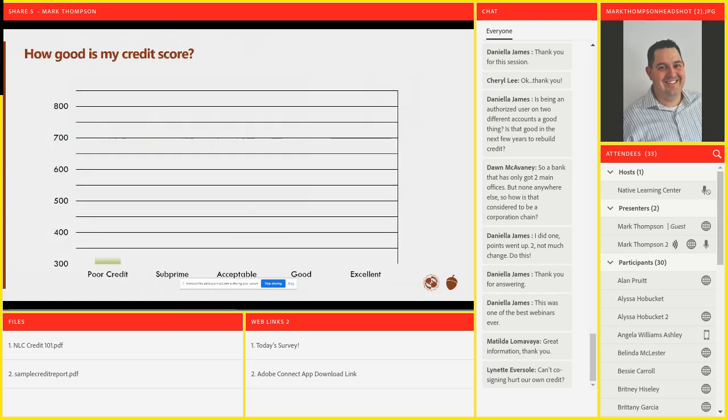So I would want to be, I would think, in these upper two bounds over here, right? So this is kind of the good credit or the excellent. Because if the kids don't have any credit, acceptable is better than nothing. But you're really improving it when you're over in this area.